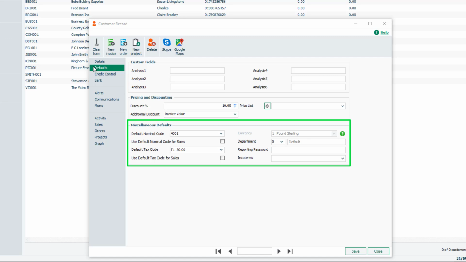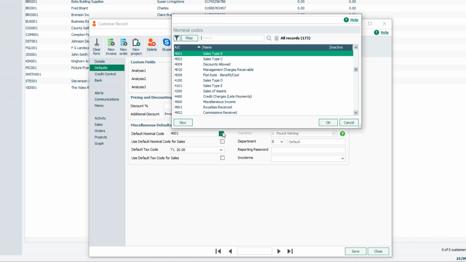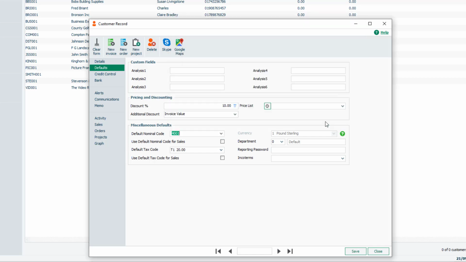The Miscellaneous Defaults section allows you to enter default values on a customer record, which are picked up automatically as you process transactions, saving you time when entering information. For example, select the default nominal code and tax code you'd like to use when creating batch invoices for the customer. If you'd also like to use these same defaults when creating invoices from the Invoices and Credits modules, select